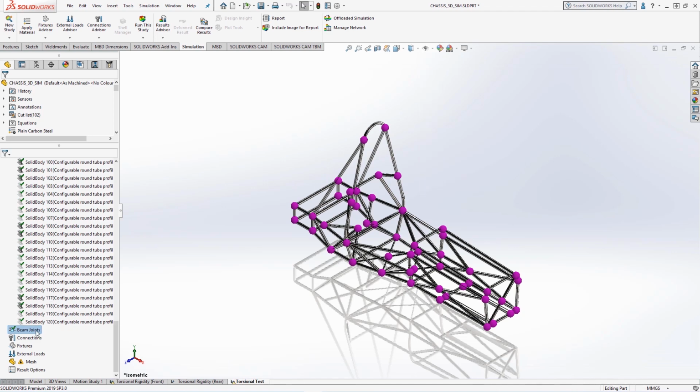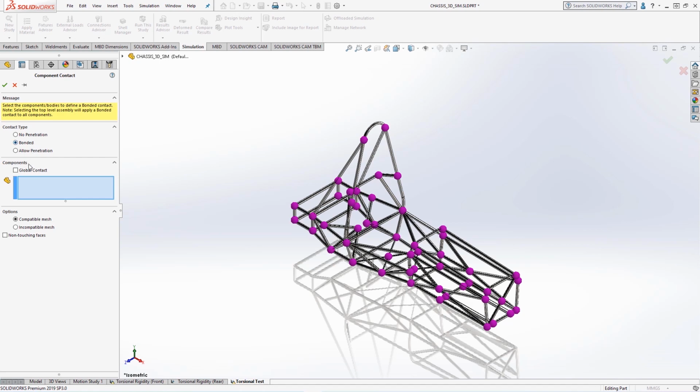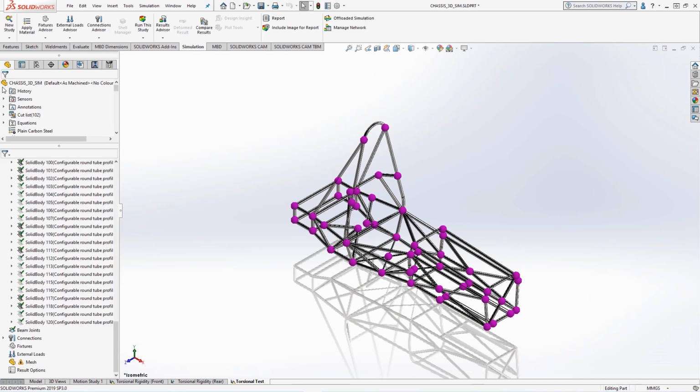This chassis is assumed to be welded together, so the only connection between the geometry is a global bonded contact, which should be the default connection in the model. Any contact sets added to the model can override the global contact and would potentially be required for a chassis that was fixed together or assembled using fasteners.